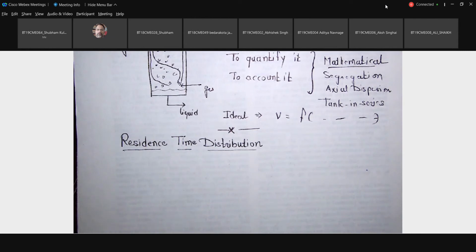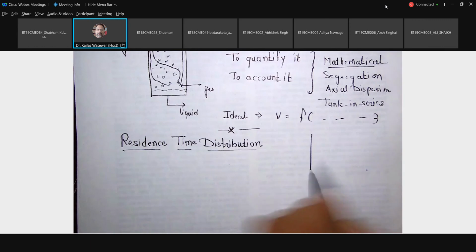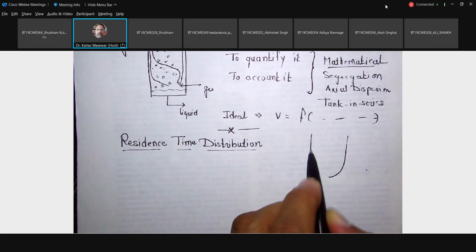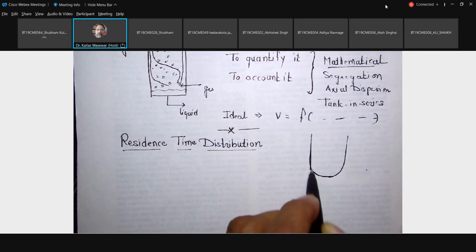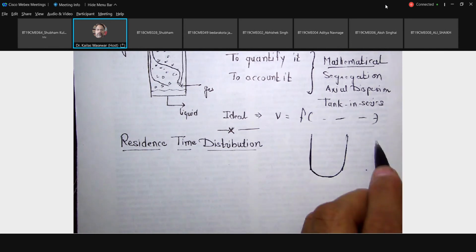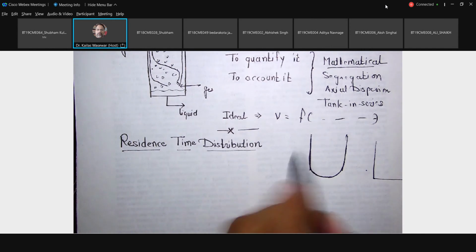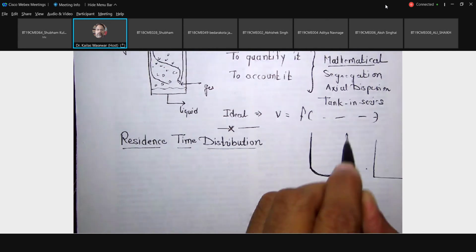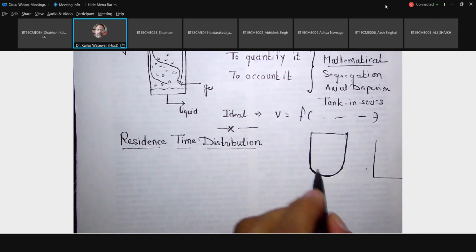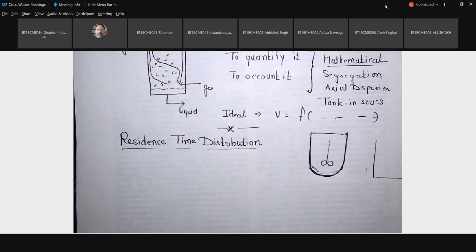Yeah, that is a good question. Someone asked me, will dead zones be possible in an MFR? Yes, if you have this kind of reactor, these dead zones we can avoid. But because of some design complications, designing a flat one is always easy. That's why you can see many of the batch reactors are of this kind, to avoid the non-ideality, that means to reduce the dead zones by using this kind of impeller. Yes, Abhinit, is it okay?